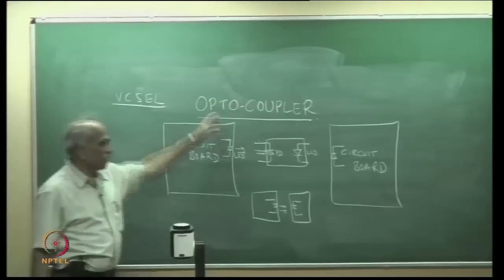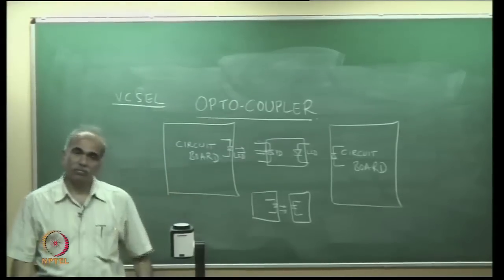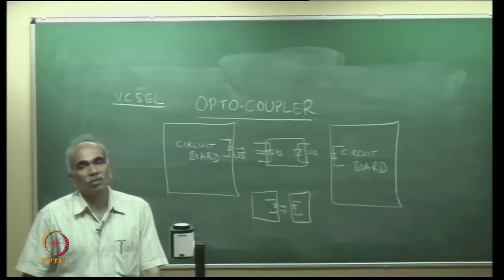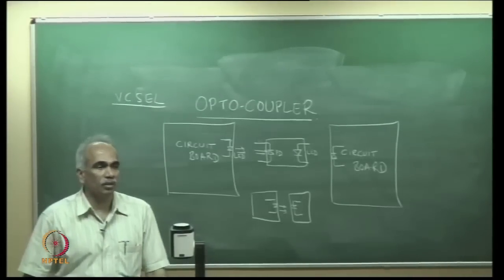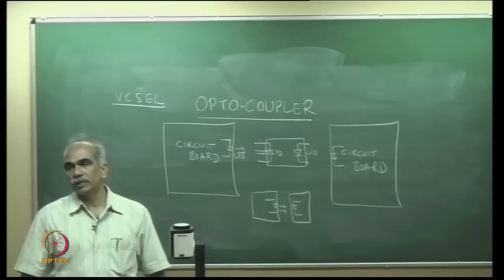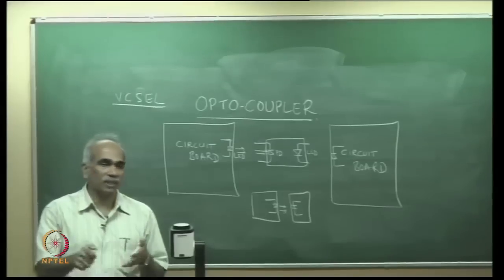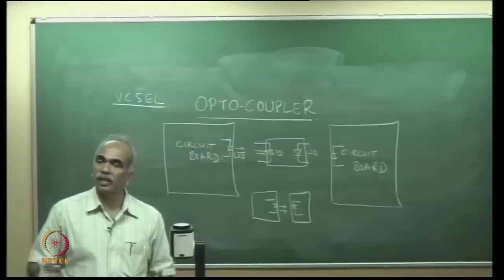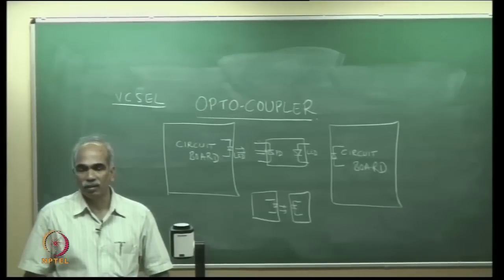But this was the earliest application. Today there are a large number of applications, as I mentioned, of consumer electronics goods which use laser diodes and photodetectors. The barcode scanners, which are widely used in marketplaces, use a laser diode and a photodetector array to